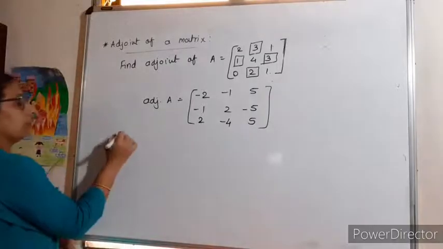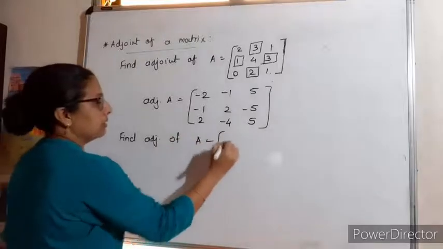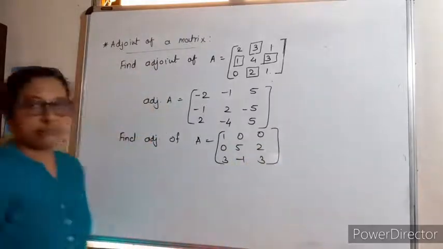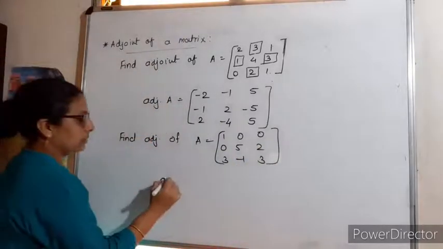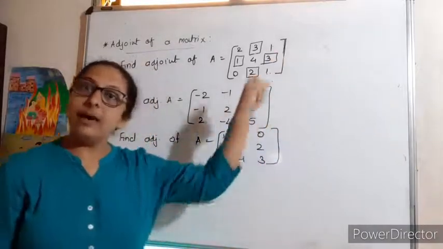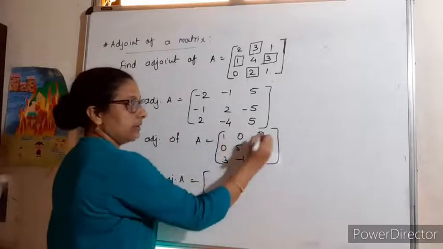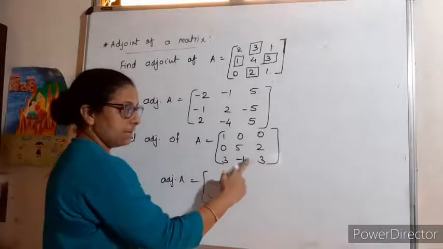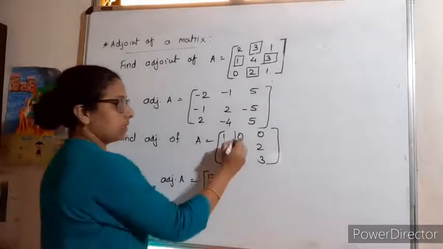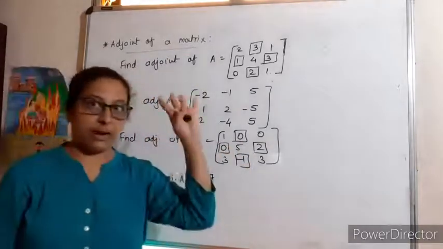Yes. Okay. Again, find adjoint of the matrix 1 0 0, 0 5 2, 3 minus 1 3. Now, if you want to find this adjoint, so adjoint of A. Again, go through row wise, write down column wise. Understand? Yes. Here first, hide this. 15 minus minus plus 2, it is 17. This is the place where we have to change the sign. Always pencil से box बना दो, so keep in mind.